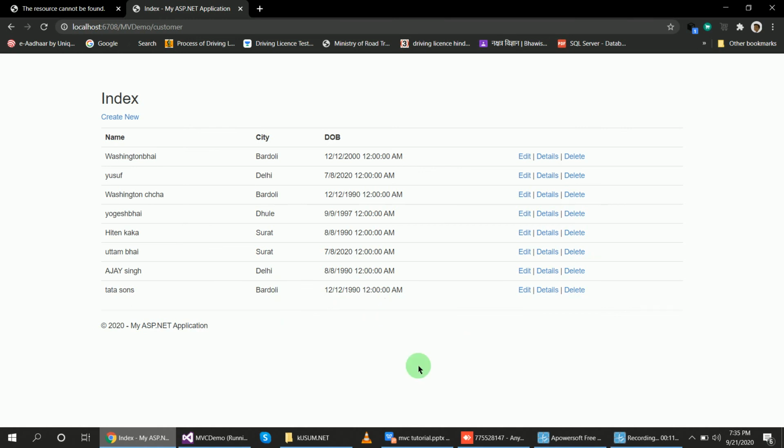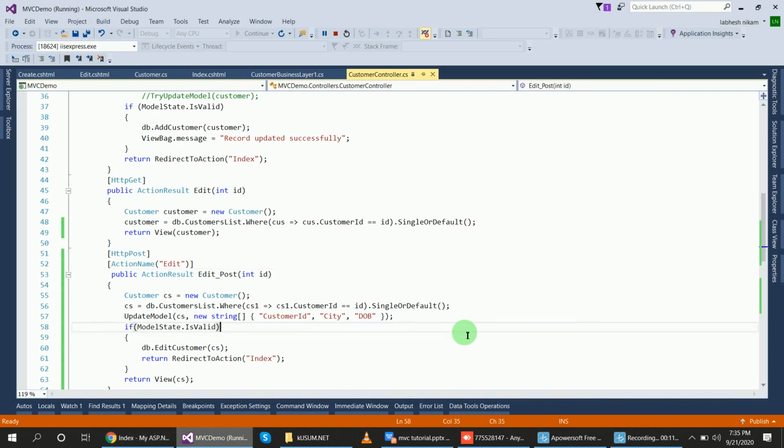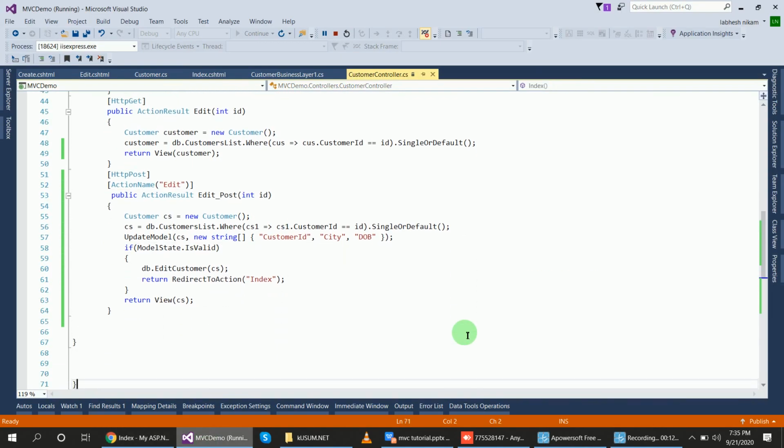Using this, but in the Fiddler tool or Postman tool I cannot change the name property, so this code is used to prevent unintended updates.